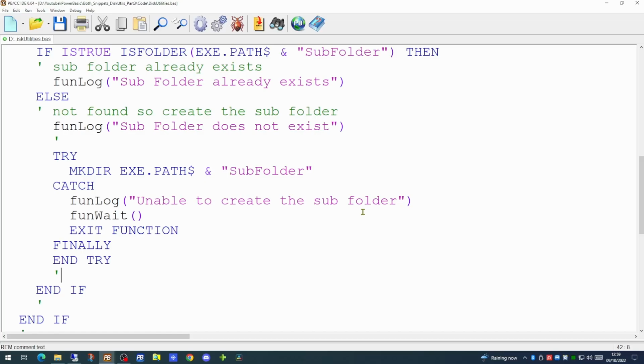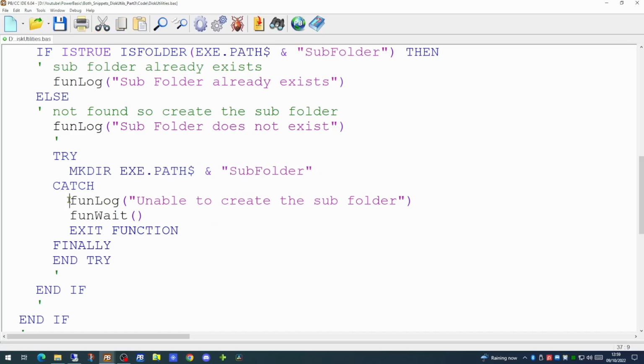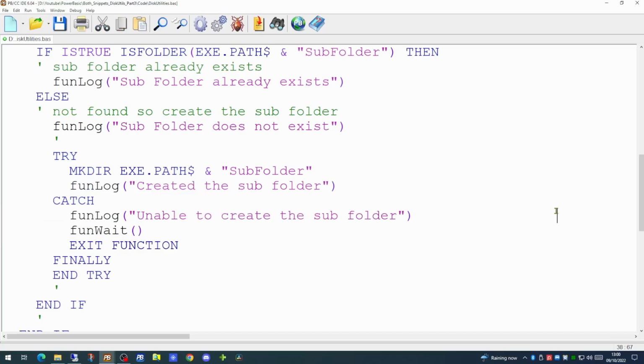We're encapsulating this within a try-catch block. It will attempt to execute the mkdir command. Should this fail, it will catch the error and execute the code in the catch section. So with a suitable message to our log, it will tell us whether it has created the subfolder or not.